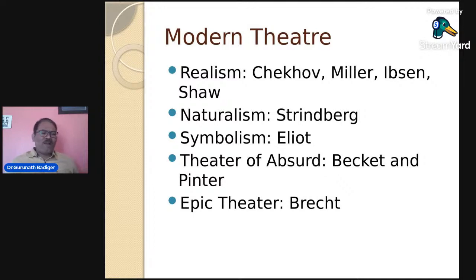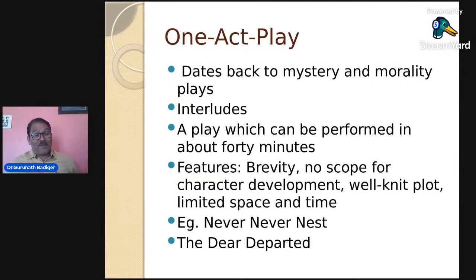Apart from knowing all the issues related to comedy, tragedy, and besides knowing something about the aspects of drama, we should also know something about the one act play, how the one act play originated. So it is, in fact, a mini play with one act. It is known for its brevity. Most of the one act plays are comedies,